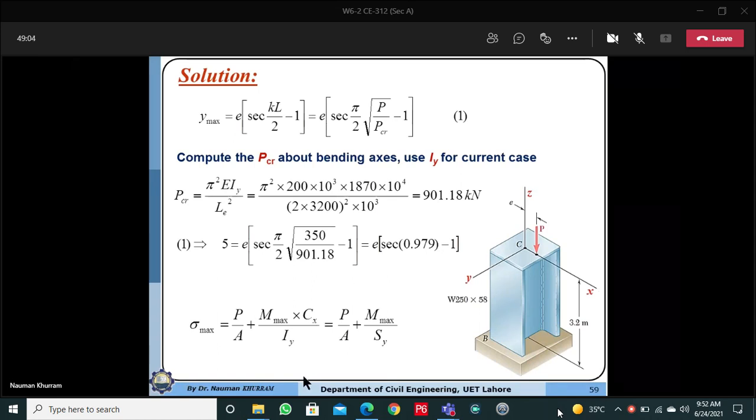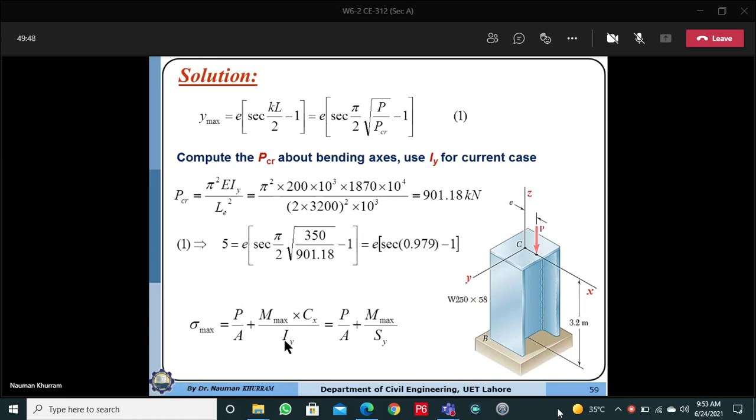And the column is buckling about the y-axis. So that's why we say the eccentricity is producing the moment about the y-axis, and that's why I have used Iy here. Because if the bending takes place about the y-axis, the y-axis will become the neutral axis, and the stress will be distributed along the x direction. So Cx will be the distance from the neutral axis to the extreme fiber. This direction is the Bf value, the width of the flange. The distance from the neutral axis to the extreme fiber will be equal to half of the Bf value. The Bf value is given as 203. So Cx is Bf by 2.